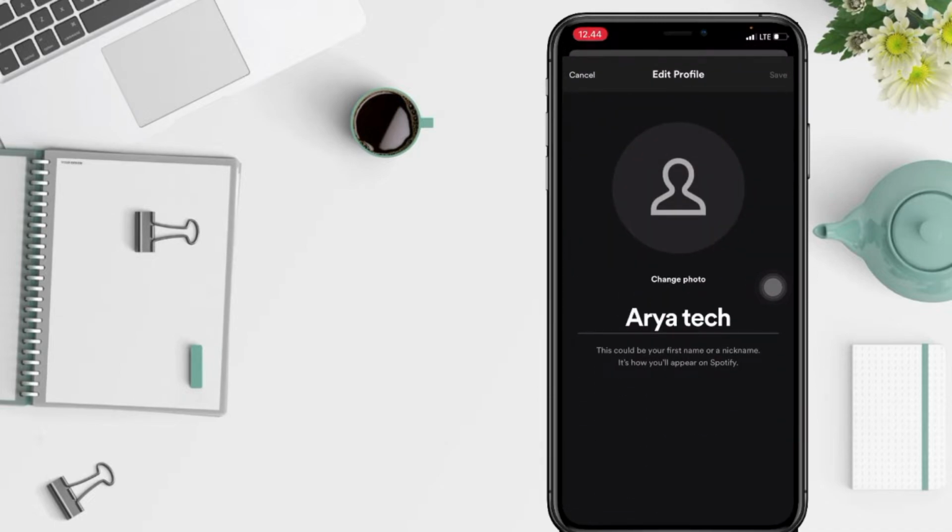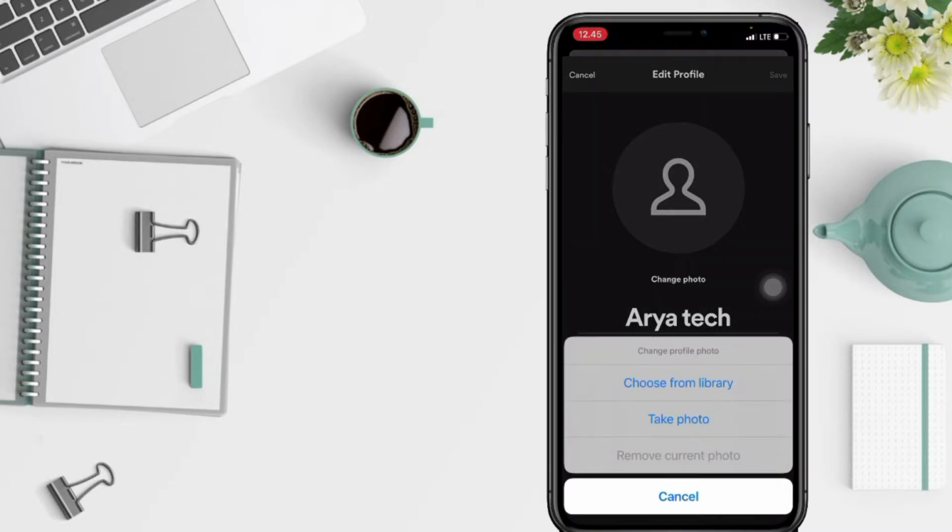Then select change photo. Here I don't use any profile picture, so just tap on change photo. After that, in this pop-up you can choose from library if you have a photo, but if you don't have one yet, you have to tap on take photo. Here I'm gonna select choose from library,